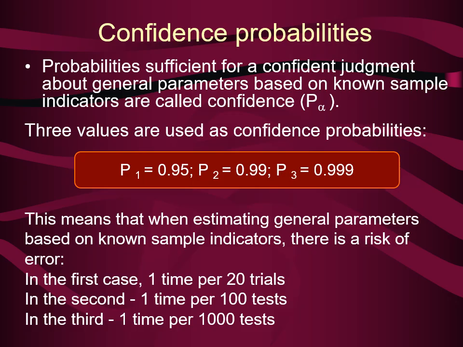Well, I repeat, this is quite difficult, so in your calculations, you can pay attention to the fact that they most often use the first probability value, 0.95. That is, initially, at the very beginning of the experiment, we say that yes, we assume that once out of 20, we will make a mistake. That is, one patient out of 20 the medication will not help. There will be some other effects. Next,